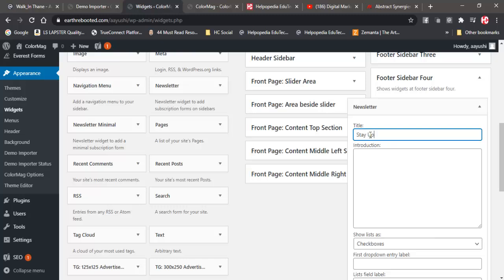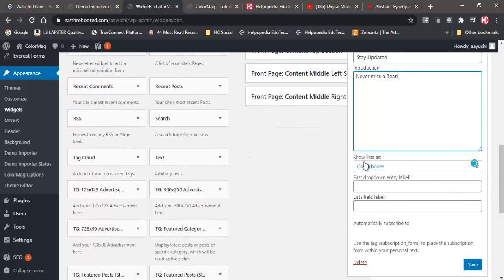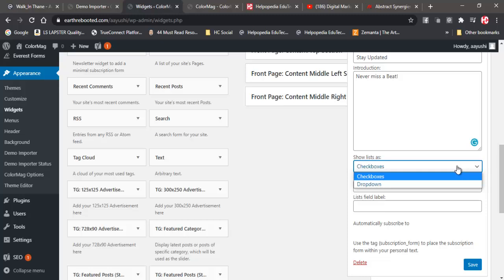Stay updated. And over here, the introduction, if you want, you can just write, okay, never miss a beat. And over here, show list as checkboxes or drop down. So okay, drop down we can use, and first drop down. So here if you want to create multiple options, say like